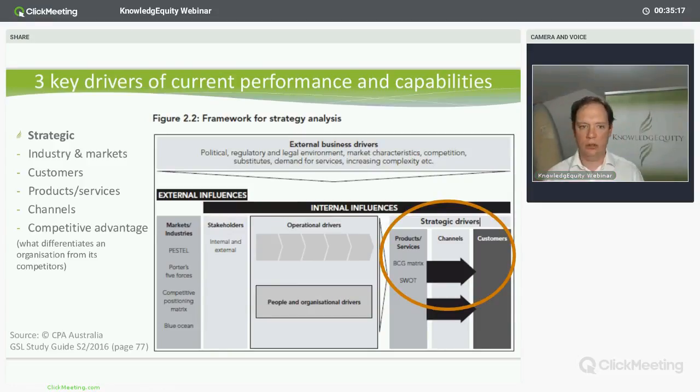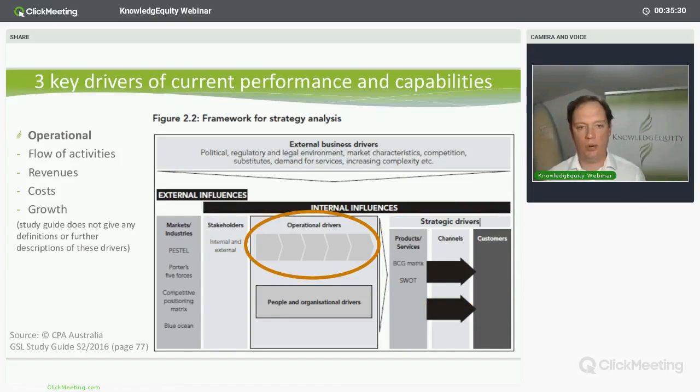Industries, markets, channels, customers, and getting to competitive advantage. Does this organization have a competitive advantage in the market or industry they're in now against their competitors? We also have the understanding of the operational drivers, right? Linked to, yes, how do you measure them with a balanced scorecard? How do you know whether the products you've got are dogs or cash cows? But it's still coming back to where do our revenues come from? Where are our costs weighted, distributed? How have we been growing? How do we plan to grow?